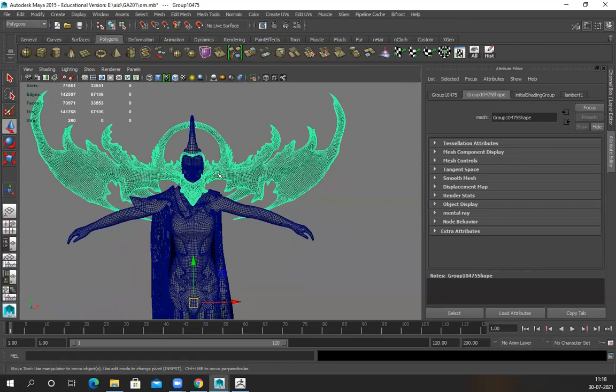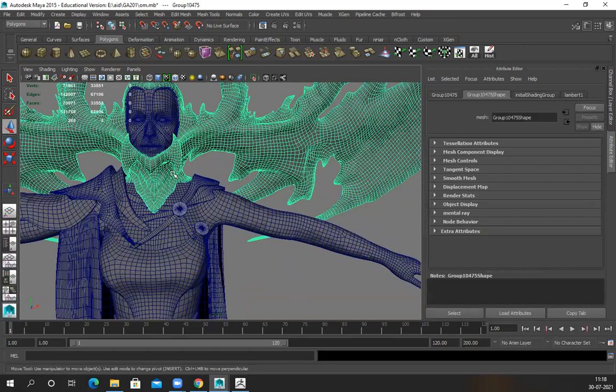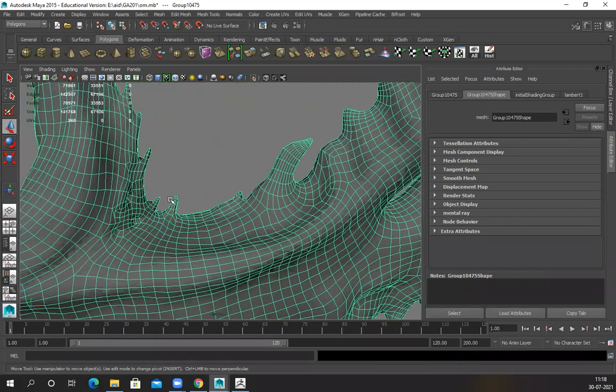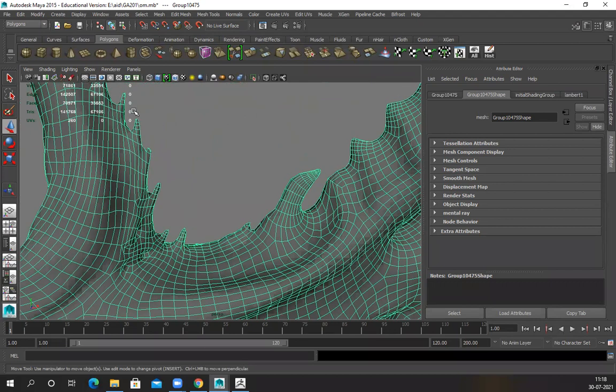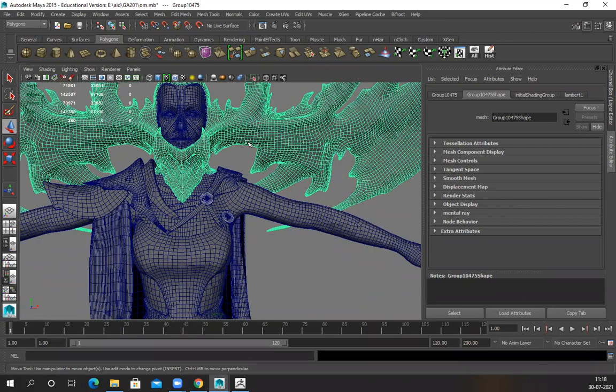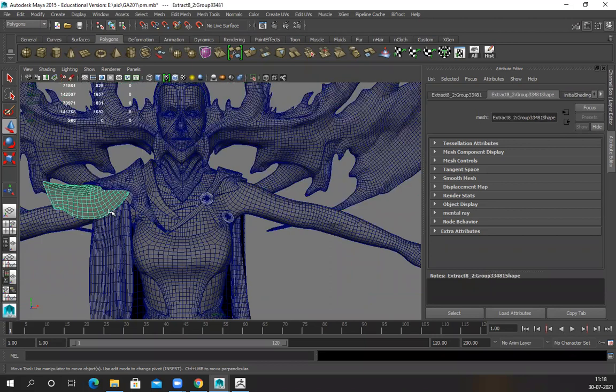Sir, horns you can remesh, right? Yes, it's a static piece. Horn I can remesh, but with remesh there is a problem: I will lose all these small, tiny pinches. So even if I remesh it, I'd have to bring it back to Maya and fix those areas. But for this kind of static shape, remesh works perfectly, because these are solid geometry that will move in one direction at any given point of time.